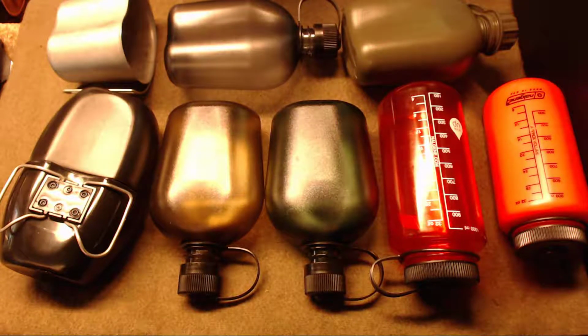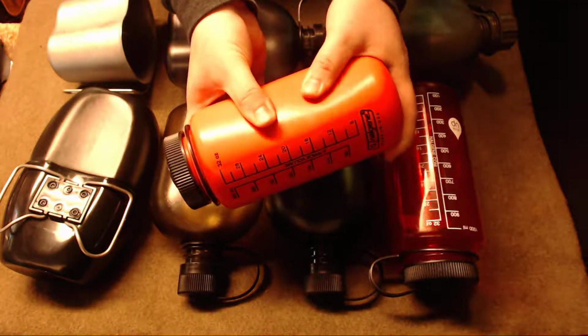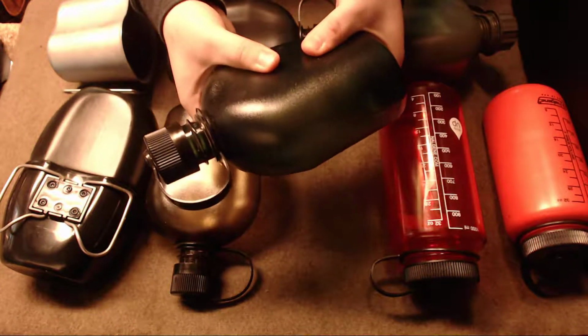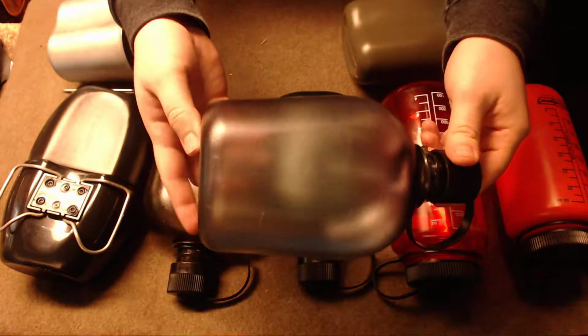The issue that I've noticed with their other designs, which are HDPE, I believe is what they're usually called, is that they're much more squishy designs, these ones included. While they're less likely to shatter and more likely to just get scratched, like something you might see in here,